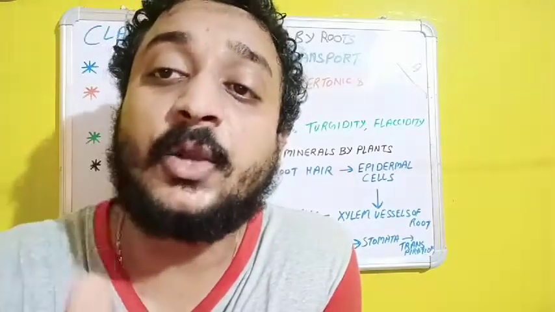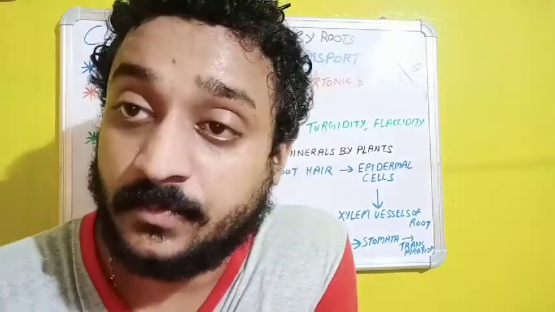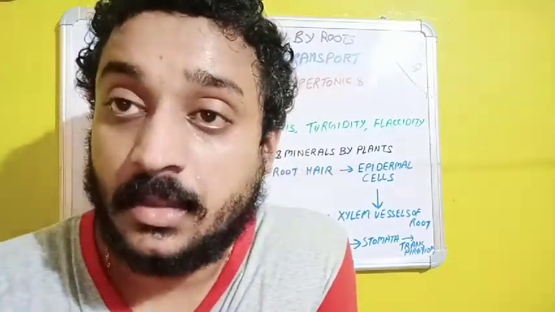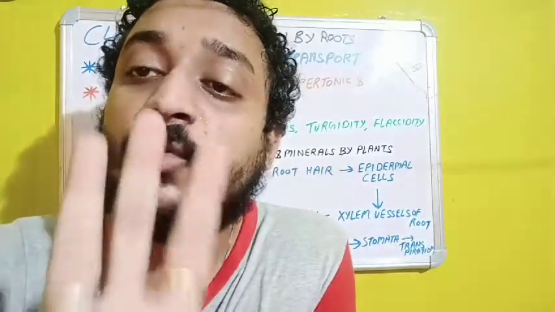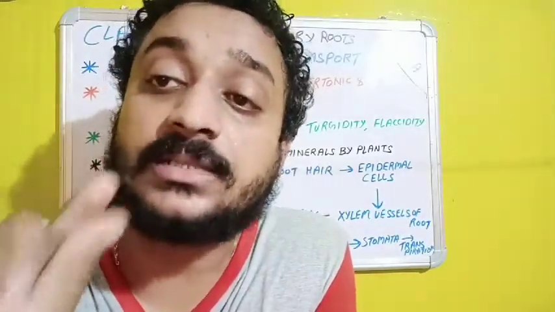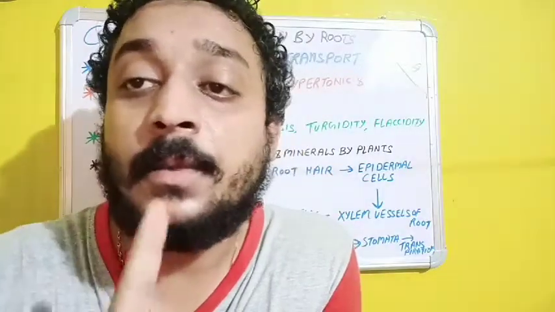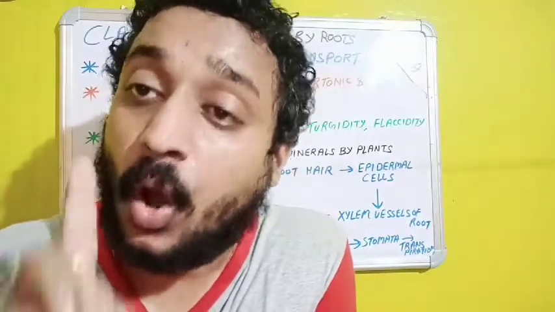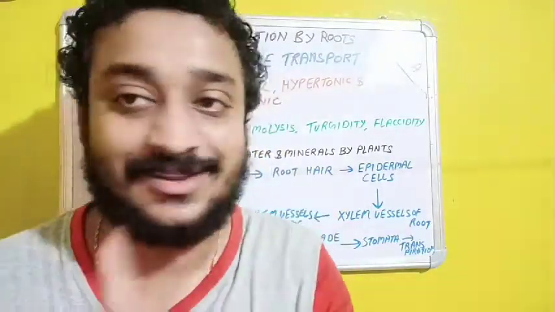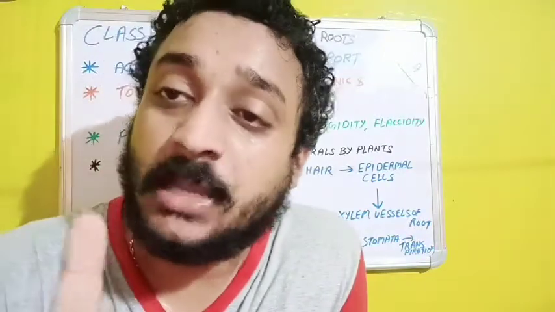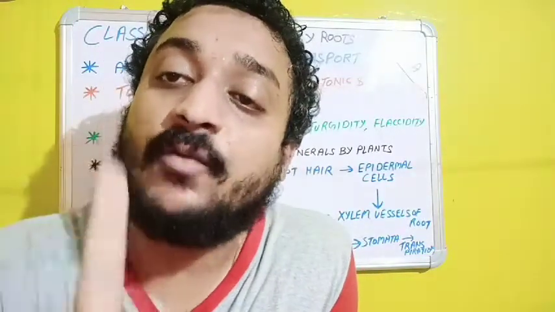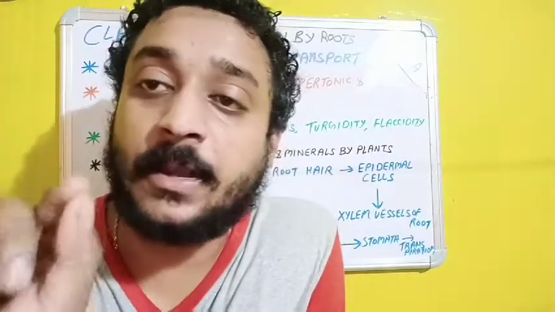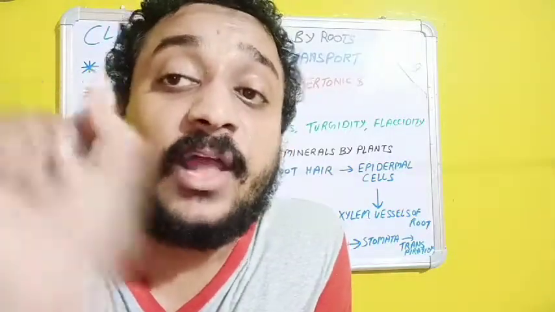Especially in the case of hypertonic and hypotonic, only the solvent moves. In any case of osmosis or diffusion, generally the movement of the solvent occurs. Solute moves, but not in all cases, because solute particles are very big, and a semi-permeable membrane only permits the movement of solvent, not the solute. So through a semi-permeable membrane, only the solvent molecules can pass through. Solutes are very large in size, so they cannot. And a semi-permeable membrane means a membrane which has very minute pores.